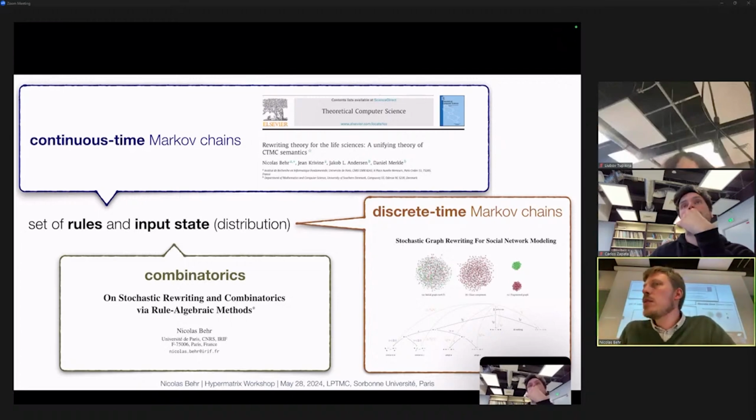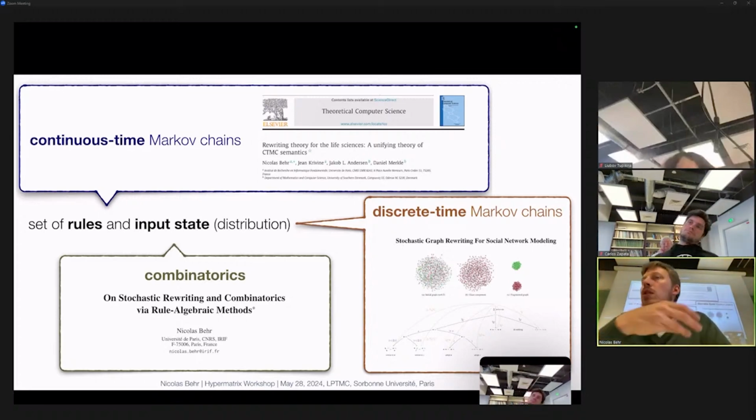We tried a little bit with social network models, but that was more of a technical case study to see if we can use a tool from industry for rewriting efficiently to reproduce some known details about discrete time Markov chains, such as the Volta model, which worked, but we didn't have the application. We really just wanted to see that this technique would be applicable in principle. So it would be interesting to discuss.